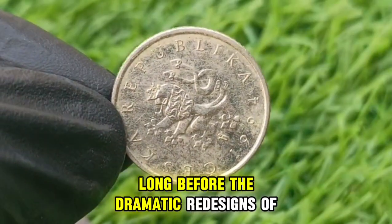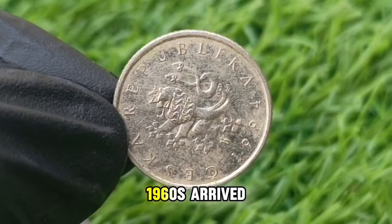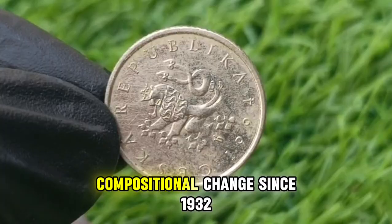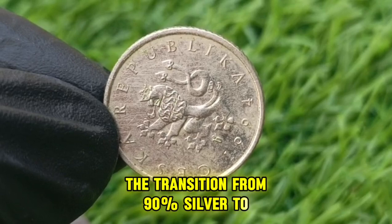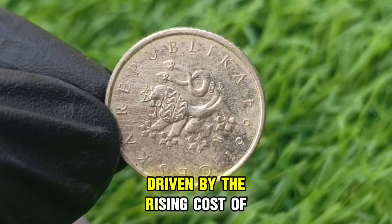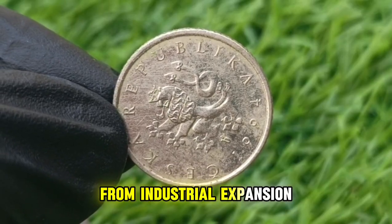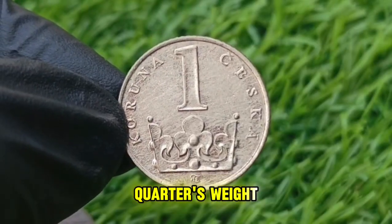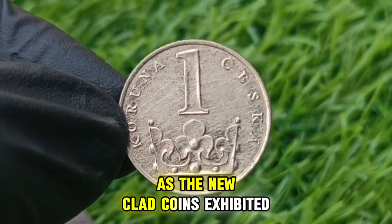long before the dramatic redesigns of the 1990s and 2000s, and by the time the early 1960s arrived, the Washington Quarter was poised for its most significant compositional change since 1932, the transition from 90% silver to clad copper-nickel, driven by the rising cost of silver and the metal shortages that stemmed from industrial expansion and global market pressures, a shift that fundamentally altered the quarter's weight, sound, durability, and long-term wear patterns, as the new clad coins exhibited a